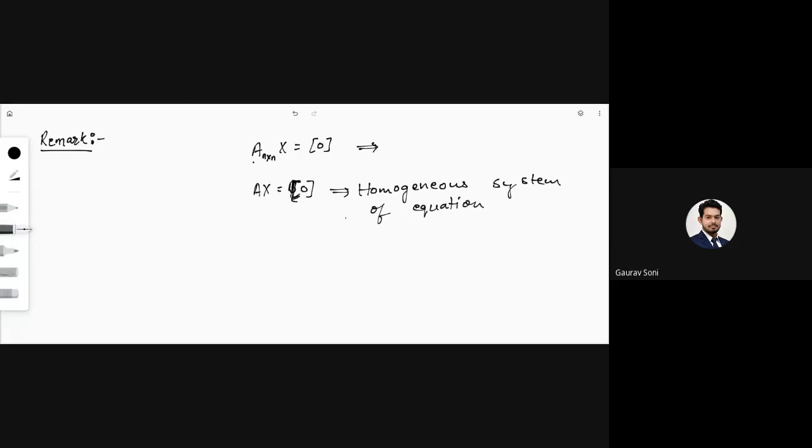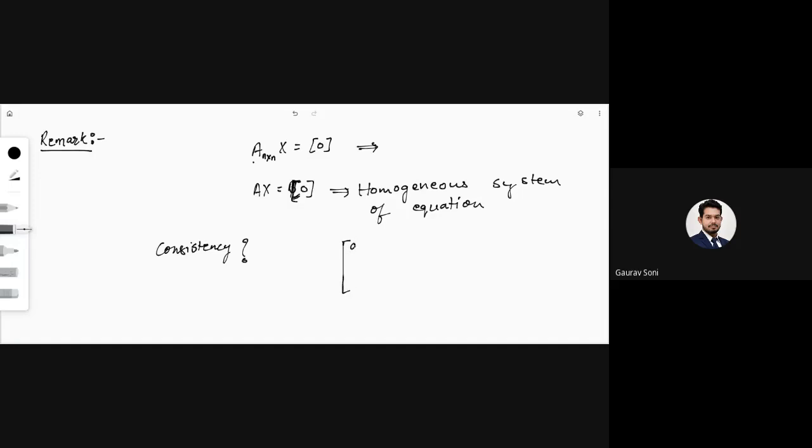What can you say about consistency of this? You have a homogeneous system of equations. What can you say about consistency of a homogeneous system of equations? For better understanding, or getting a view of the same, I will write down